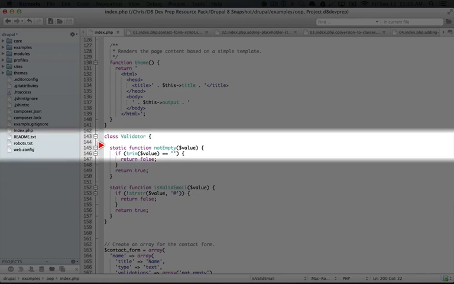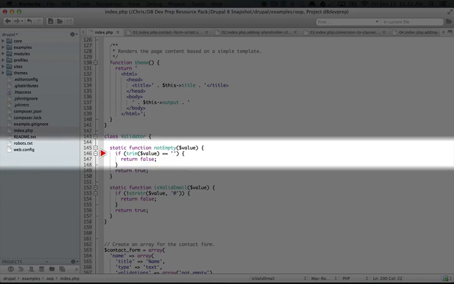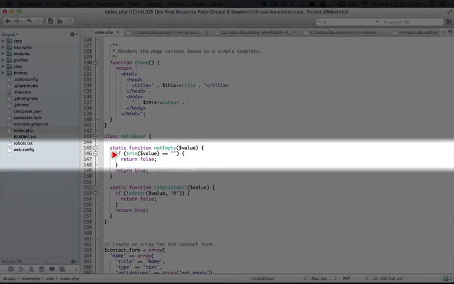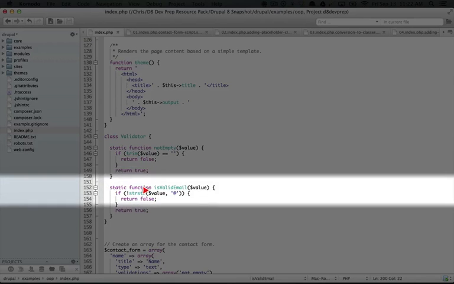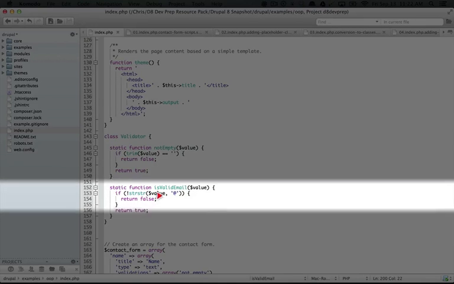Notice that we don't have any constructor. That's because we don't actually plan on using instances of the validator class. So we have our method notEmpty, which checks to see if the value being passed to this method is empty, and it returns false if so. Otherwise, it returns true. And then we have isValidEmail, which does the same logic that we had before in our validate method in our form object. And this just checks for the existence of an @ symbol inside of the value